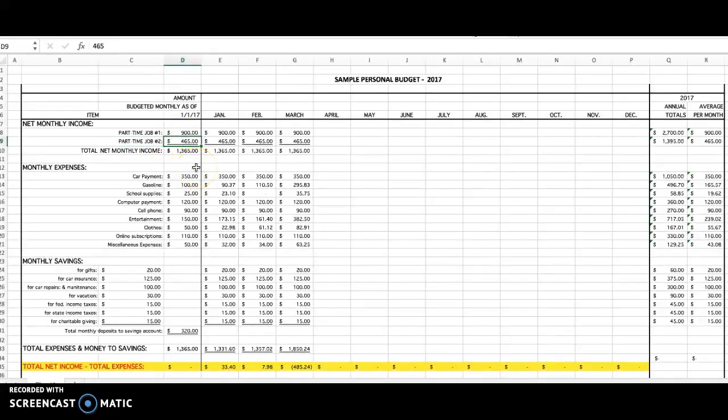I'm not too sure how much time this person has to go to school, but he or she has two part-time jobs. And the total net, again, this is take-home, the total net monthly income is $1,365. Now, one of the things that I want to point out at this point is something that Excel can do for you. If you notice this total, $1,365, this is